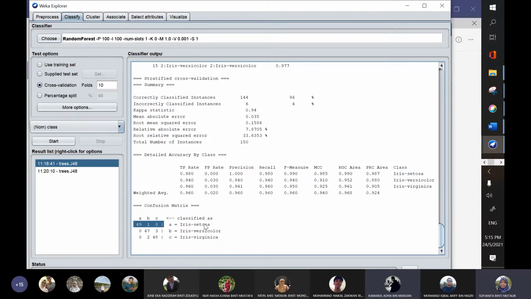So false positive should be... this is true positive, right? Sorry, this is true positive. And this one is true negative, false negative. So false positive would be like this. This is false positive. In this case, we do not have any count. Right? There is no count for false positive. So here we get 0 divided by the total of this column, 49. Then you will get 0.